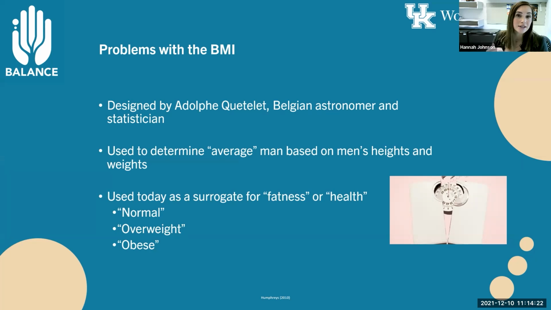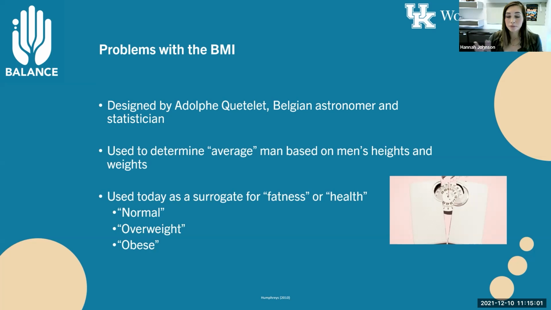So the BMI is not something that is easily translatable to men of color, to women of color, to people who are not Belgian. And so it's really something that we have taken on as a marker of health or as a surrogate for fatness that really wasn't ever meant to be used the way that it is being used. And so now it's labeling individuals as underweight, normal weight, overweight, obese, and then the most stigmatizing of all,